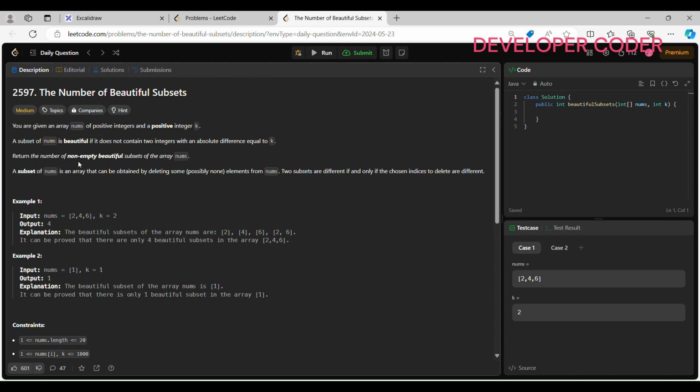We have to return the number of non-empty beautiful subsets of the array nums. A subset of nums is an array that can be obtained by deleting some, possibly none, elements from nums. Two subsets are different if and only if the chosen indices to delete are different. So now,